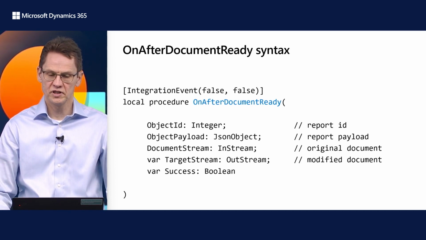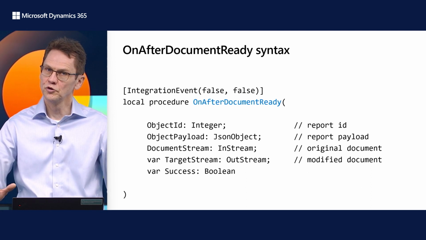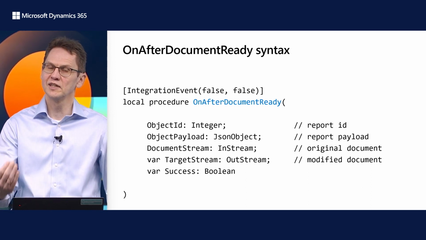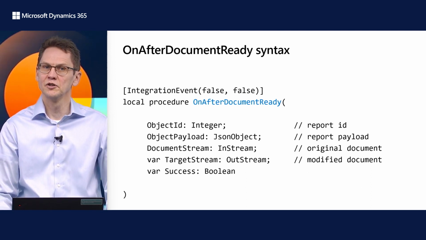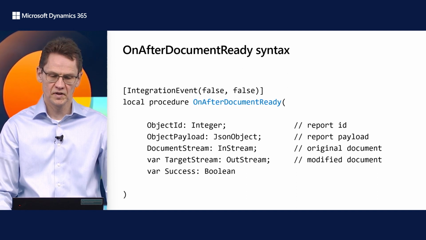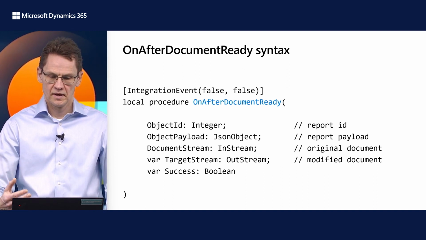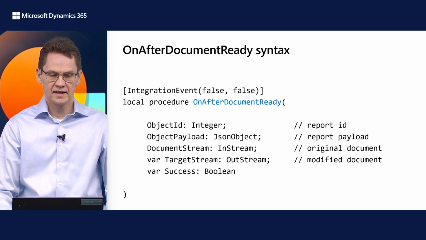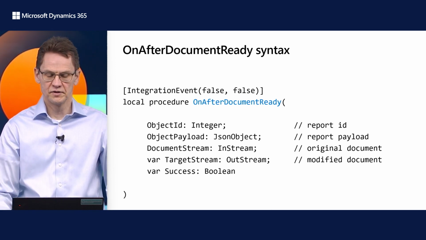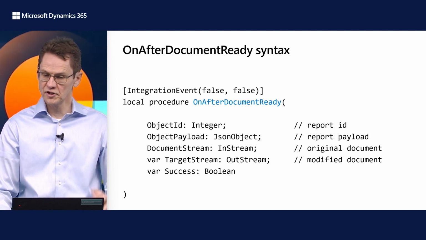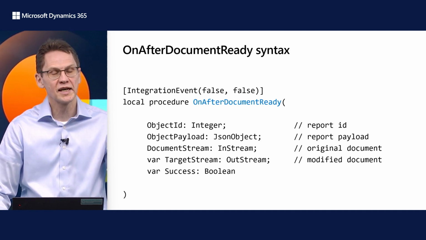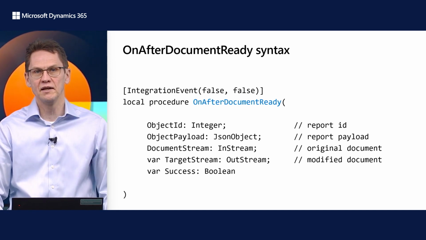It has an InStream and an OutStream, so you will read the original document and generate your modified document using this syntax. It'll provide the object ID, and you can define whether it was successful or not. And then there's an object payload. I'm going to get back to what the object payload contains,